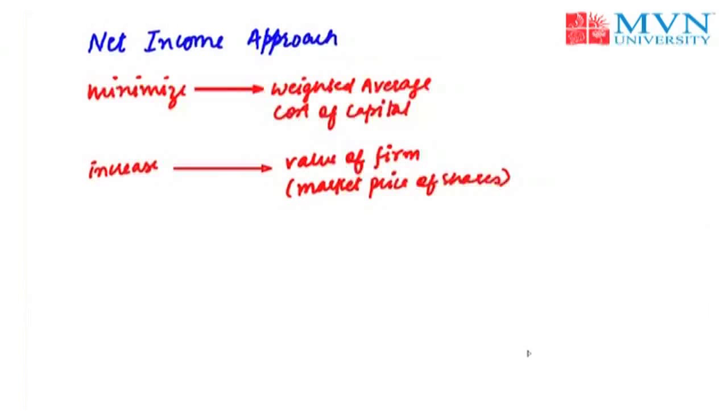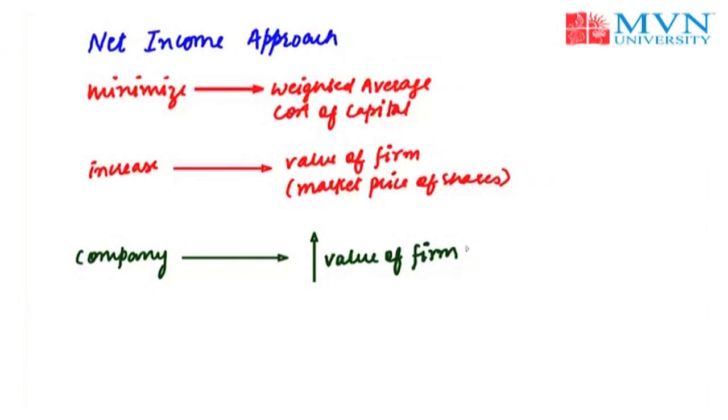There are various theories which propagate the ideal capital mix or the capital structure for a firm. Different kinds of theories have been propounded by different authors and practitioners to explain the relationship between the capital structure, cost of capital and value of the firm. However, the theory which I am talking about is the net income approach, and this theory propounds that the company can increase the value of the firm and can decrease the overall cost of capital by increasing the proportion of debt in